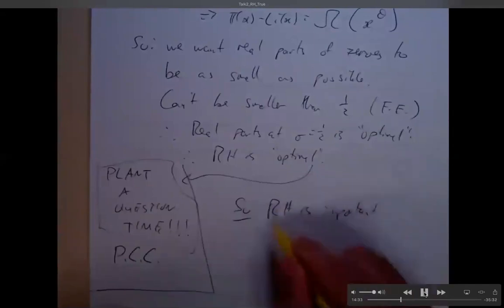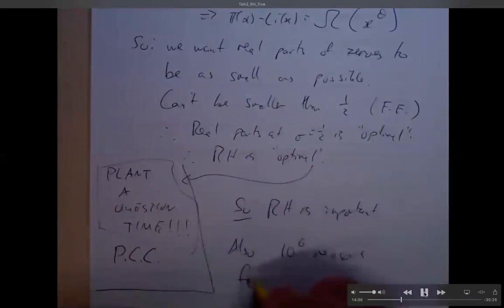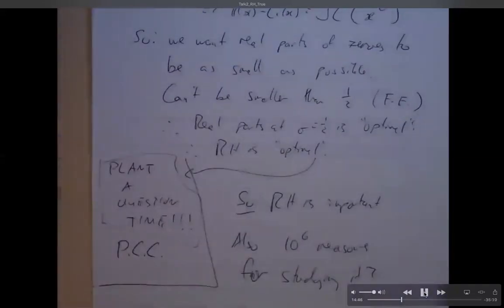But there are other things we could consider. So let's get back to the main deal now. Between you and me, we're all friends now. It may as well be the case that sigma equals a half, real part being a half, is optimal. So this is my attempt to say that the Riemann hypothesis is important. And if we can't agree it's important, well, I've done a pretty lousy job.